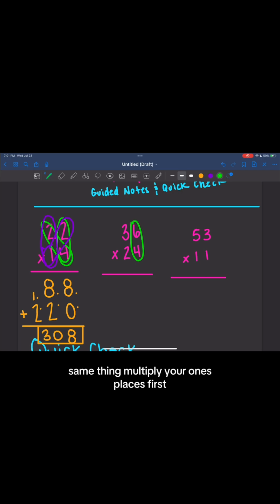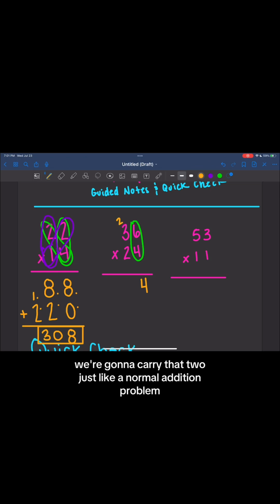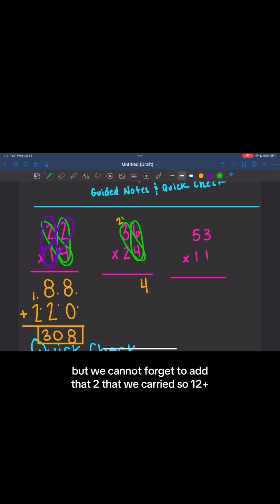Same thing. Multiply your ones places first. 4 times 6 is 24. Now we have that 2, and we're going to carry that 2 just like a normal addition problem. Even though it's multiplication, we're still going to carry. Now we're going to do our ones place times our tens, which is 4 times 3 is 12, but we cannot forget to add that 2 that we carried. So 12 plus